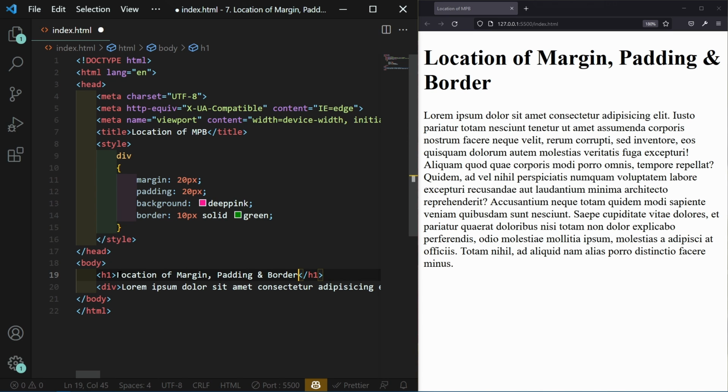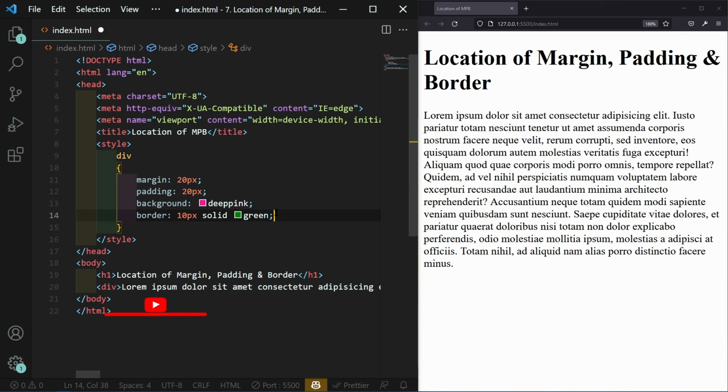The heading title is location of margin, padding and border, and I also take a div element, a div tag, and in this div tag I just write 100 words of dummy text. Okay, and this is reflected here. In this div selector I take a margin of 20 pixels and padding of 20 pixels, also a pink background and a border of 10 px solid green.